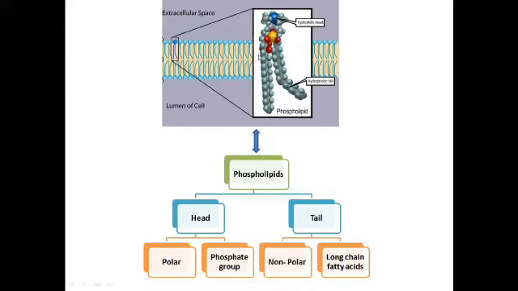And these lipid molecules are arranged to form a sheath. So phospholipids possess a head and a tail that we can see in the figure. This is the head and this is the tail. The head is what? Hydrophilic. So the head is polar, or you can say hydrophilic, and it actually contains the phosphate group. The tail, this one, is non-polar by nature. Non-polar means hydrophobic, and it contains long chain fatty acids.